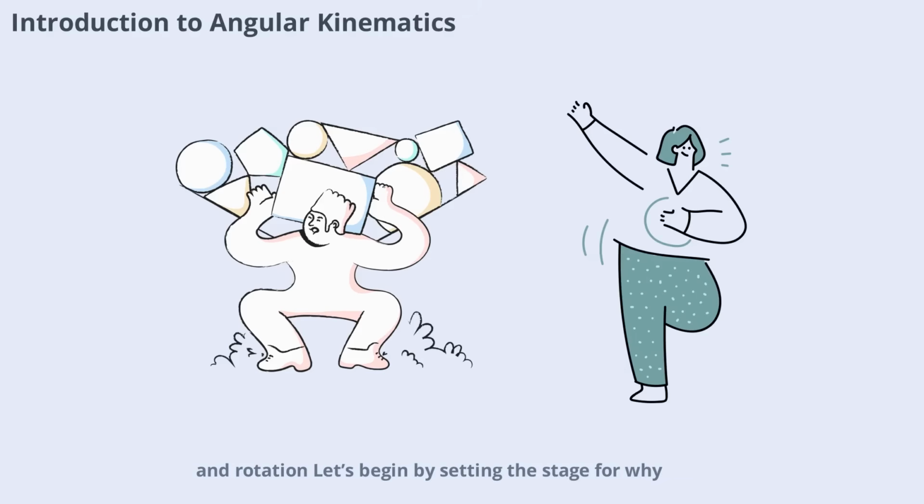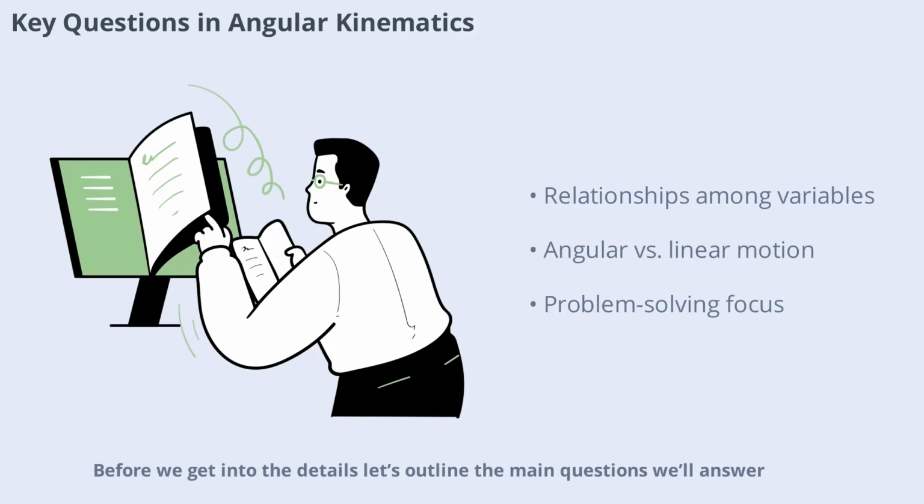Let's begin by setting the stage for why angular kinematics is essential in understanding human motion. Before we get into the details, let's outline the main questions we'll answer. What are the relationships among angular kinematic variables? How do angular and linear displacement, velocity, and acceleration connect? And importantly, how can we solve quantitative problems involving these angular quantities? By addressing these questions, we'll build a strong foundation for understanding both the theory and practical applications of angular kinematics